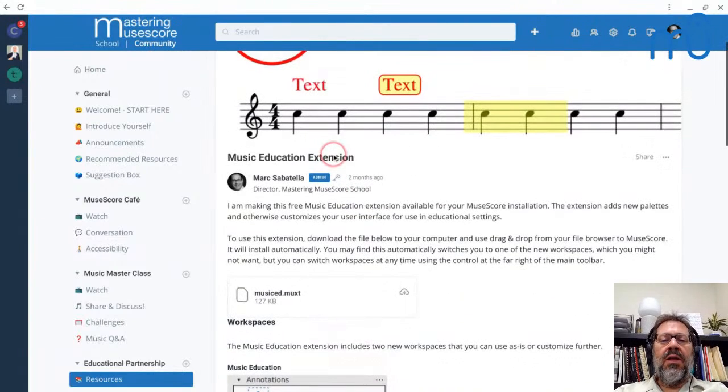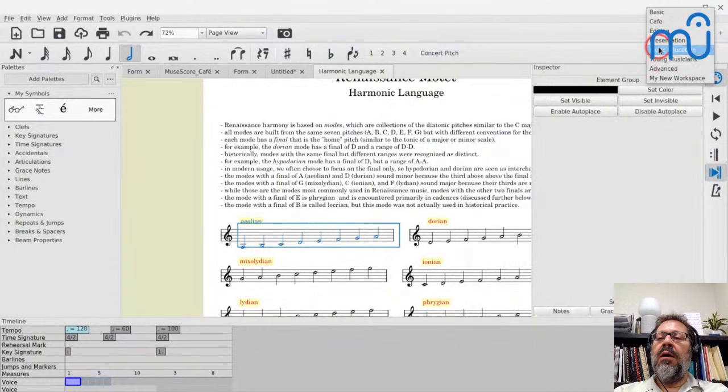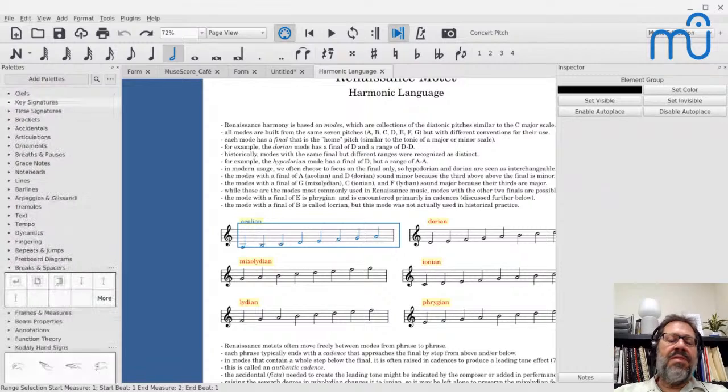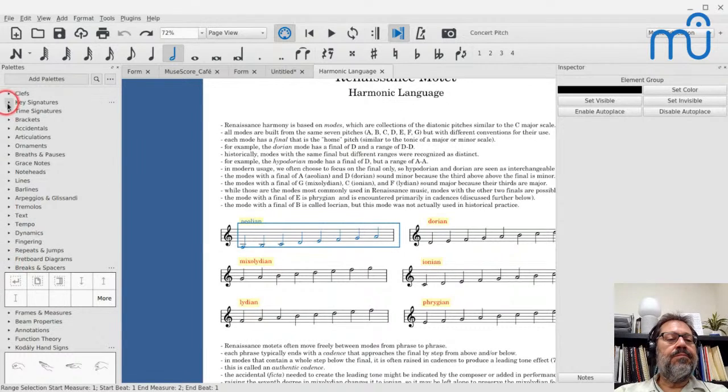you download the file, and from whatever your File Explorer on Windows or Finder on Mac, Files app on my Chromebook here, you just drag it to MuseScore, and it will install this extension that comes with two workspaces. And this is the file here. The two workspaces, one of them is called Music Education, which I set up, like when you saw that annotations palette that I created, that or some version of that is in my